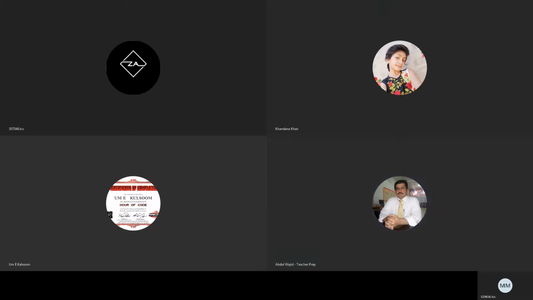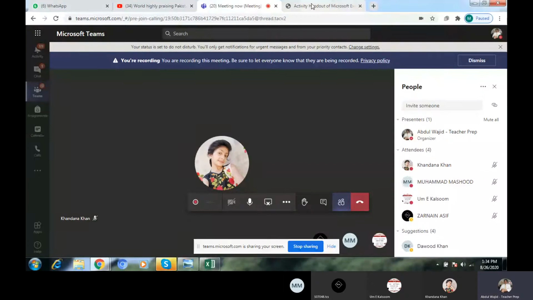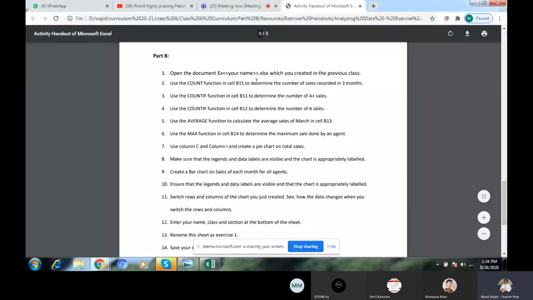Exercise 1B. Okay, now we go through that handout again. We designed that one and we save it. Count and count F2 time and tell average. Okay, now the maximum, instruction number 6. We solve the 6 number point.